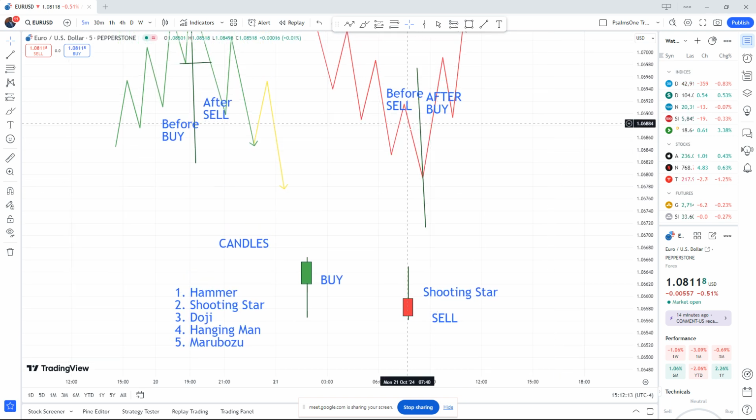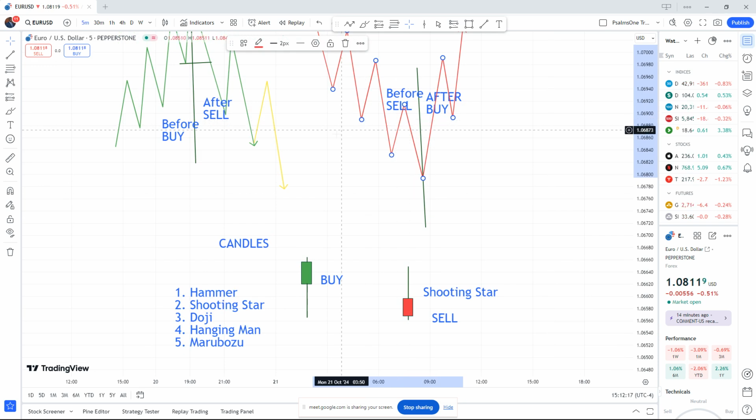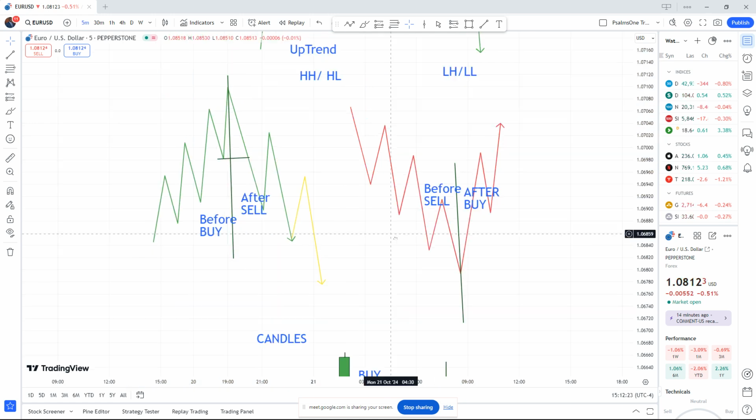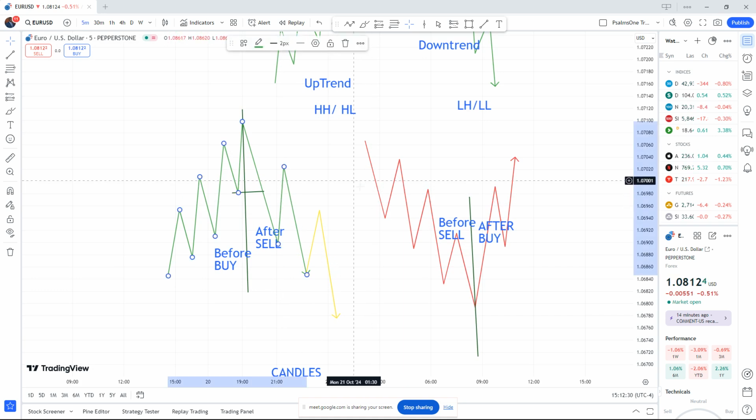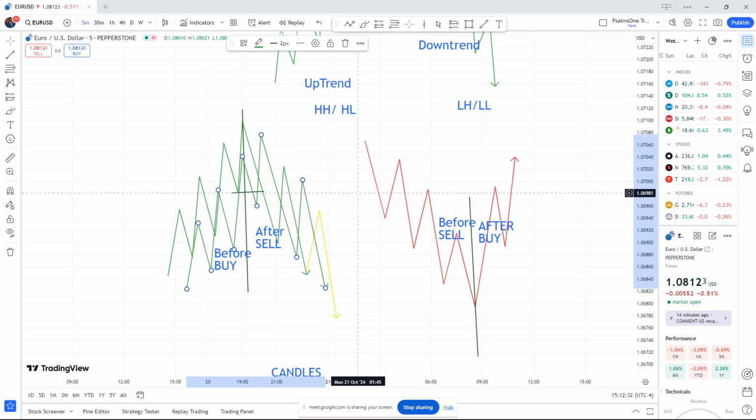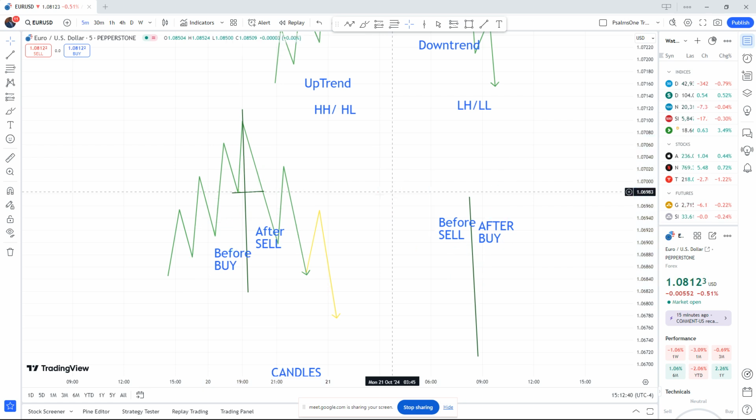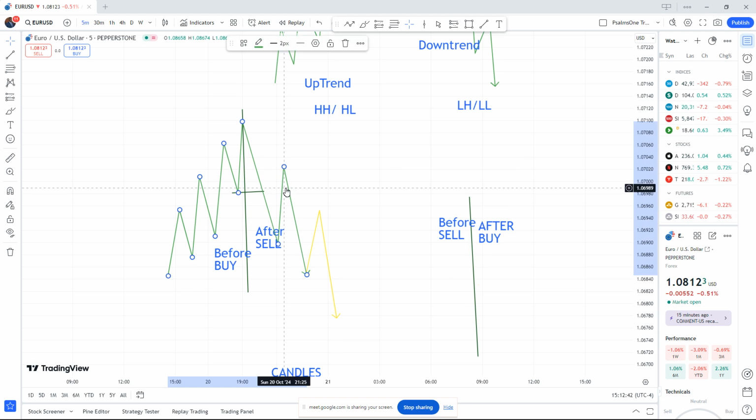You know that the candles are always telling us stories. They are telling us what is happening. So tonight we'll be going into more deep parts of the candle patterns and the story they are telling us. Let me try and wipe out all this so that my chart will not be too